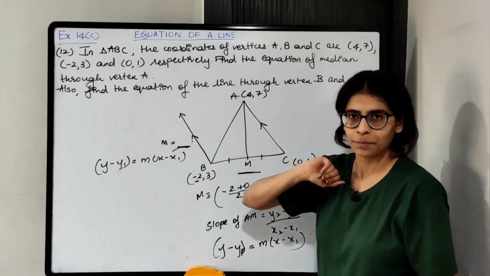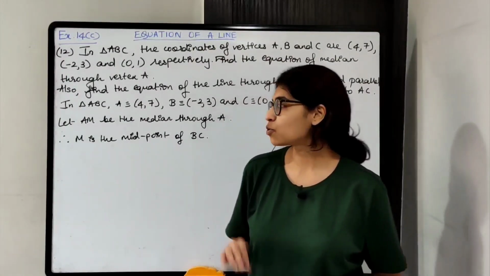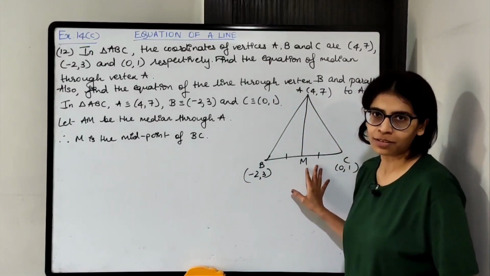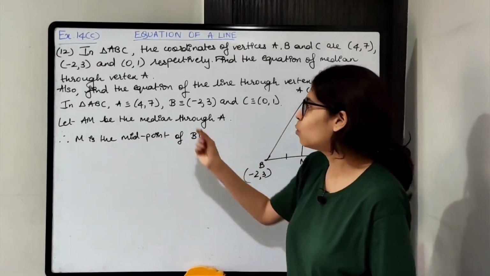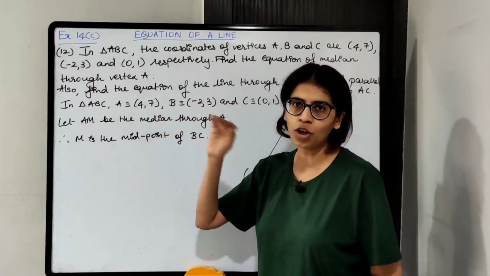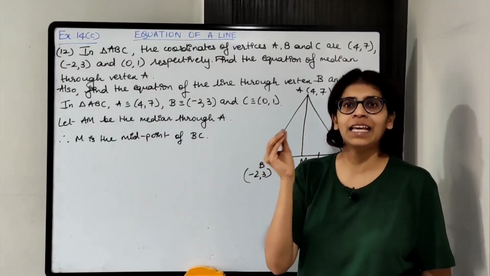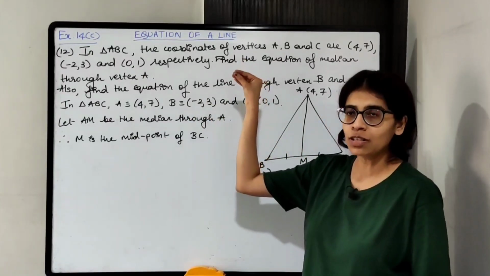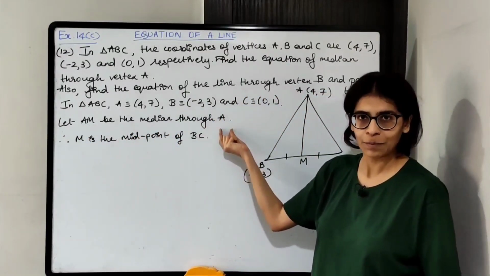Okay, so now we'll write down, first we'll solve for the first part and then we'll come to the second part. Please draw the figure, it will be easy for you to understand. So first thing that you will do is draw the figure. Okay. After this, write down the given information. In the question they have given the coordinates of A, B and C, so वो लिख लो. After that, we are naming the median as AM. It is not named in the question, so we'll name it. So let AM be the median through A.